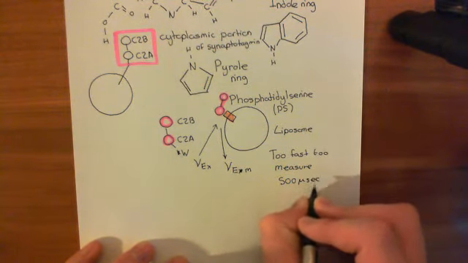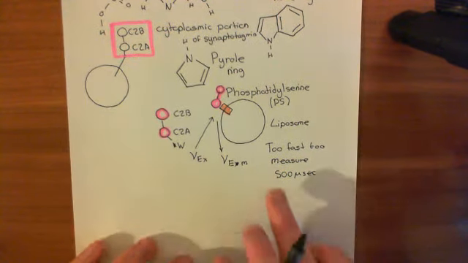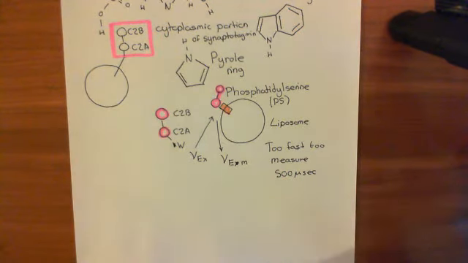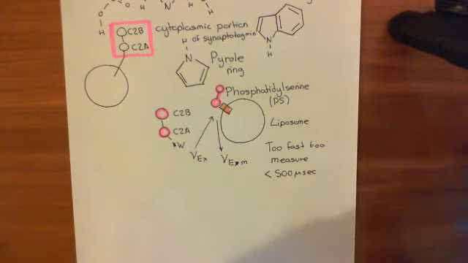Okay, so it could tell events apart if the time between them was greater than or equal to 500 microseconds. But if two events occur within 500 microseconds, then it can't tell them apart as having occurred at different times. So that tells us that this must happen in a time less than 500 microseconds,